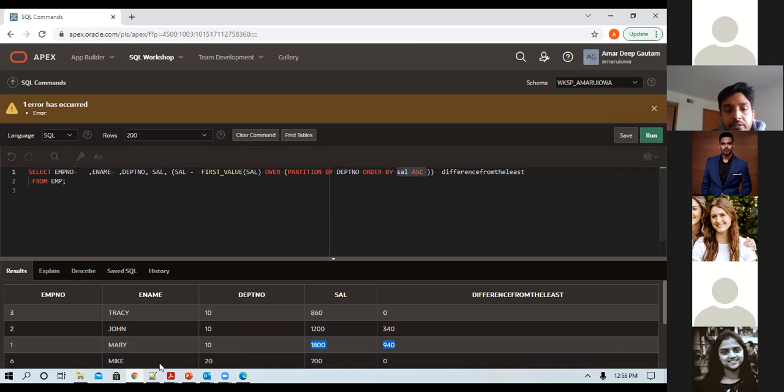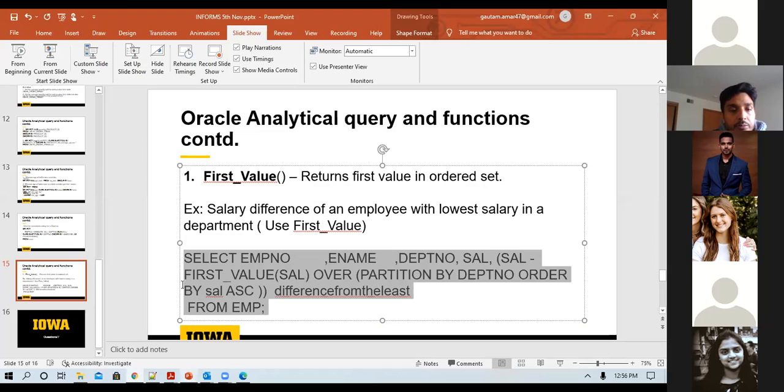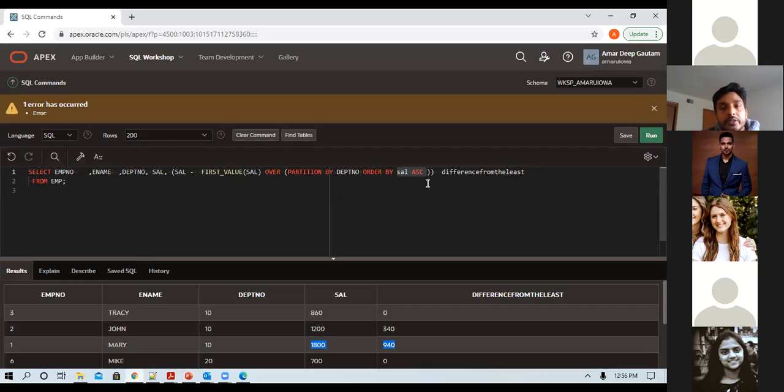And it has more variants. If you go to the Oracle documentation, you will find more on this partition by, and it's very helpful. With one line of query we were able to do this, we're just using one select and we're getting a lot of information. If we had to use joining on the same basis of group by, it would have been minimum 10 lines of queries.